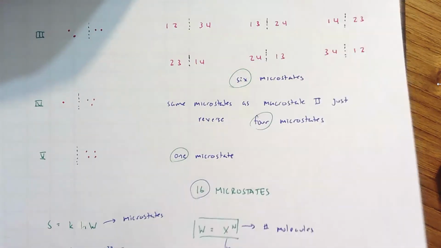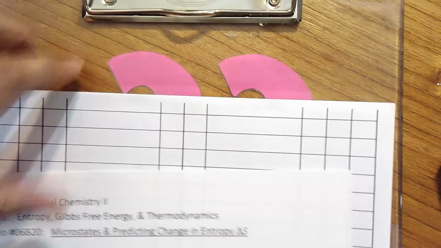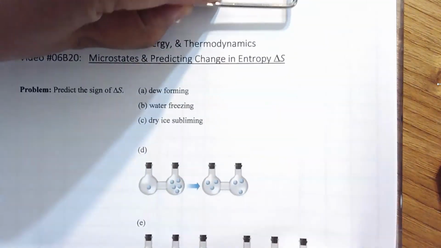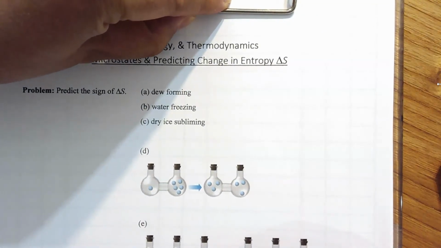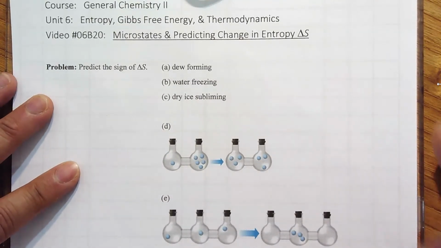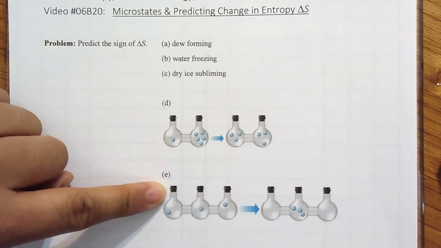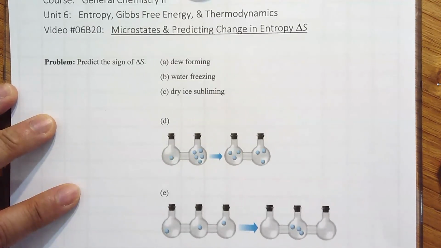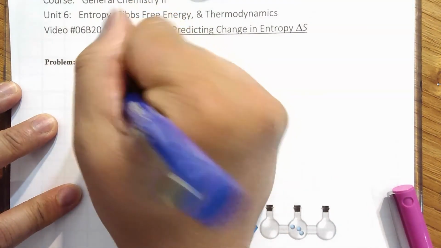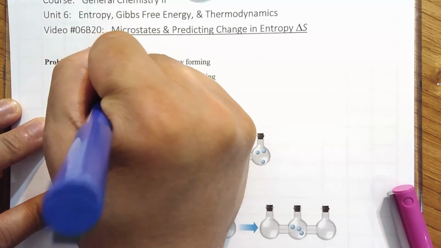Let us go to a problem from the textbook. What's more important, instead of practicing a lot plugging in numbers to the Boltzmann constant, is: could you tell whether the delta S is positive or negative? And here we have the same diagrams again, the vessels with molecules in them, but also we have some processes. Know this: delta S is positive